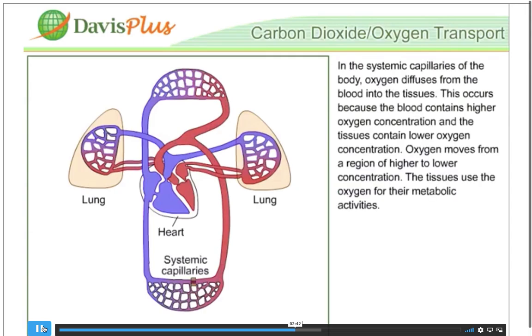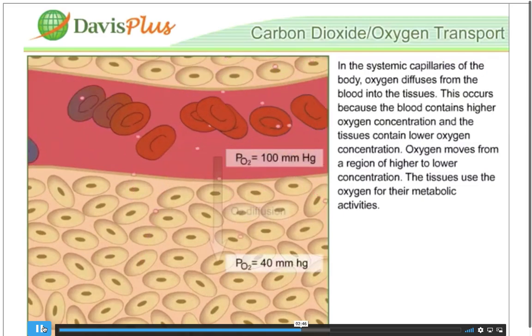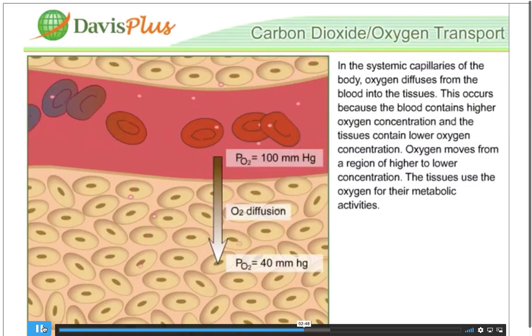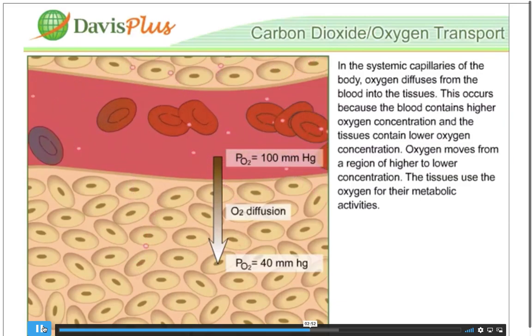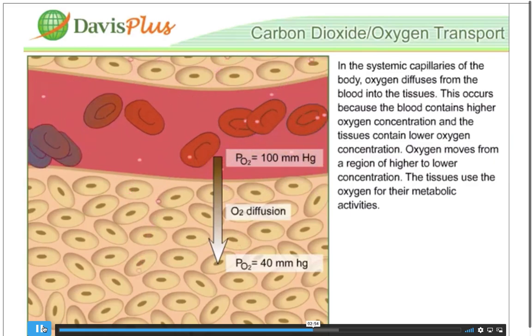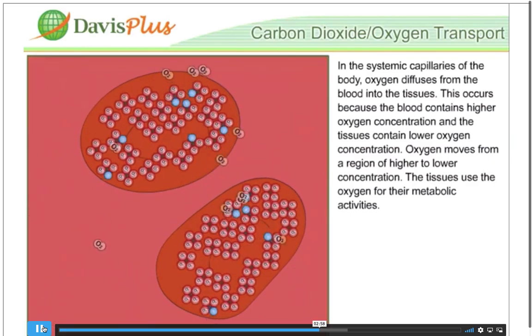In the systemic capillaries of the body, oxygen diffuses from the blood into the tissues. This occurs because the blood contains higher oxygen concentration, and the tissues contain lower oxygen concentration. Oxygen moves from a region of higher to lower concentration. The tissues use the oxygen for their